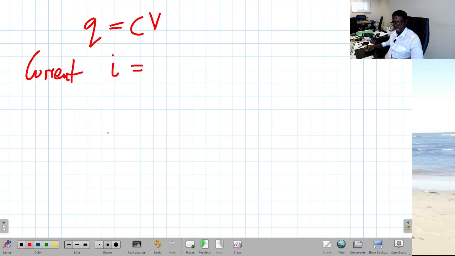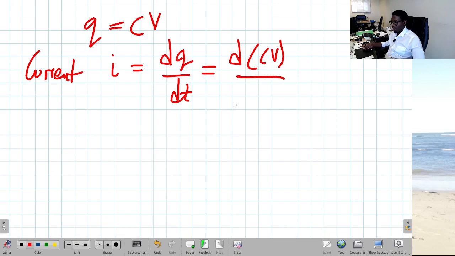First of all, we know that the capacitor stores charge, and we can determine that charge through CV, and the current through the capacitor can then be determined. Current I through the capacitance can be determined by dq/dt. That's the rate of change of charge, and this can be calculated as d(CV) over the rate of change of time,